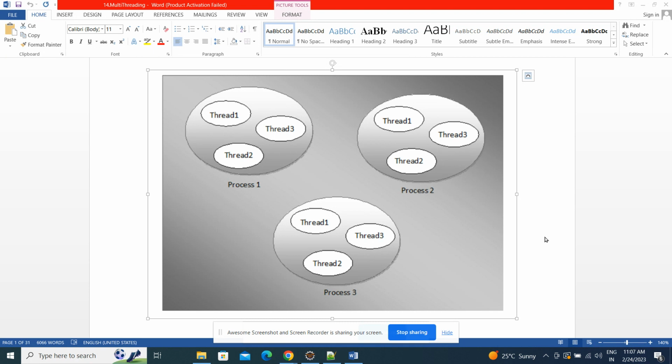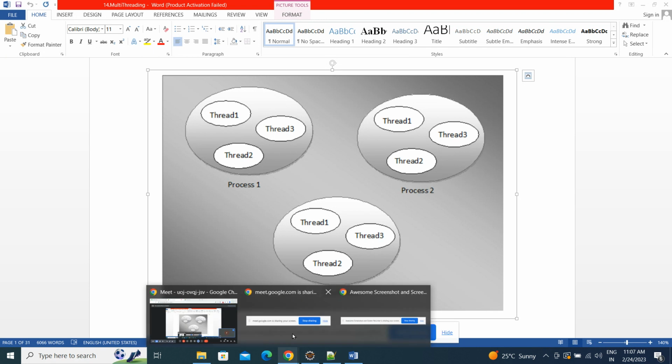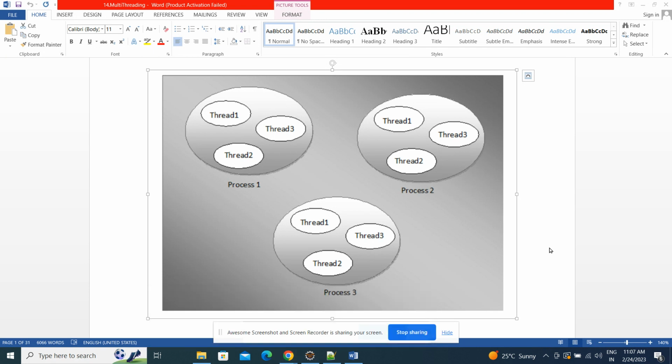And let's say I'm opening another process, like Eclipse is opened, Chrome is opened. Whenever we are opening any application, for opening the MS Word application,